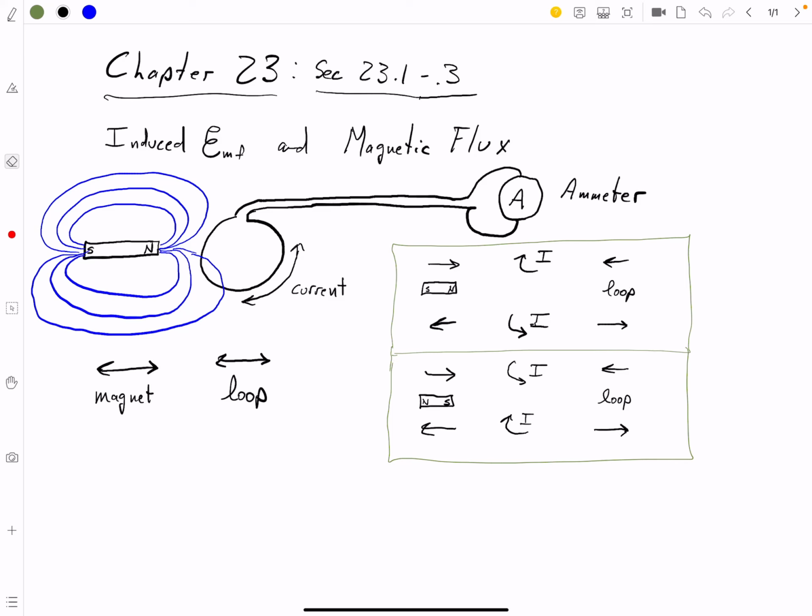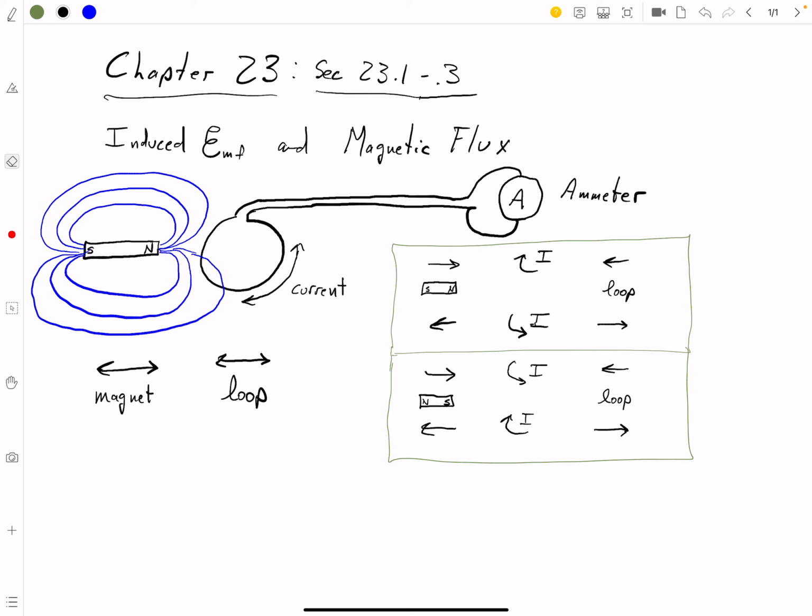Okay, so this is chapter 23. We're going to do sections 23.1 through 23.3. The first one we're going to talk about is induced EMF and magnetic flux. We talked about induction last time, but this time what we're going to do